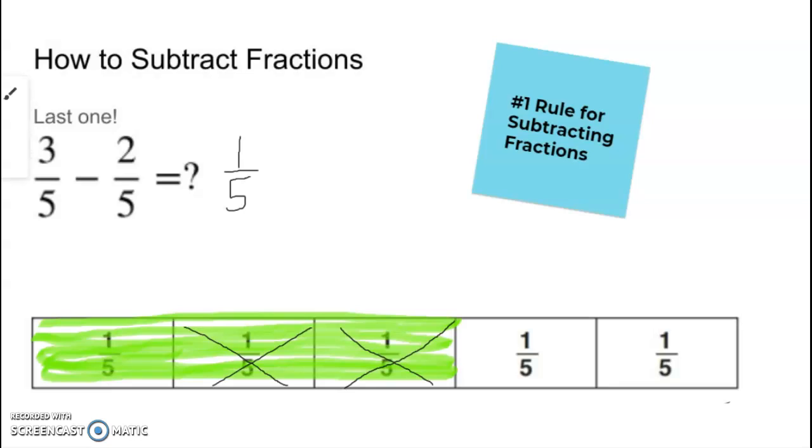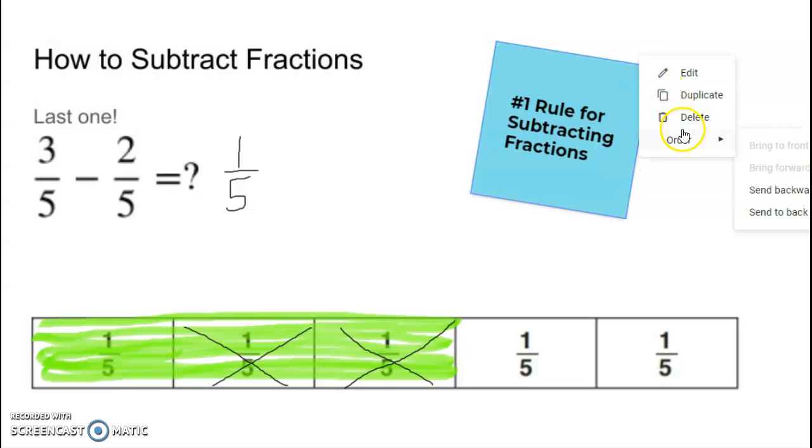So let's take a look here at this last problem that we did. Let's take a look at the top and the bottom as well. What do you notice about the top? And then what do you notice about the bottom? Is the bottom any different than the top? Are the numerators any different than denominators? How so? Well, you might have noticed that 3 minus 2 equals 1, but 5 minus 5 does not equal 5. So what that should tell you is that when we subtract fractions, we subtract the numerators